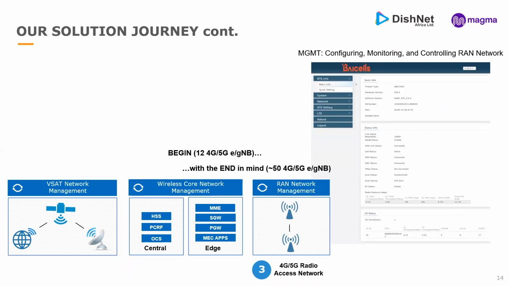This is an end-to-end view, a radio access network showing how users get connected. First is VSAT. The second step is an edge access gateway. The edge access gateway communicates to the orchestrator. The orchestrator communicates to the FeG gateway. The FeG gateway communicates to our OCS, PCRF, and HSS systems. This is how we bring the users online. Next slide, please.